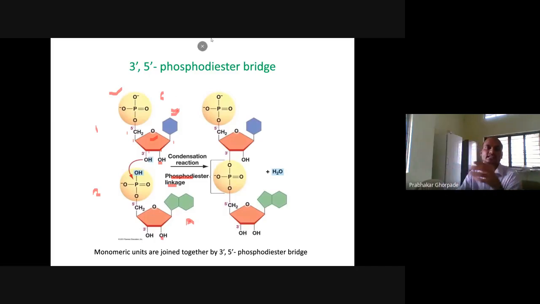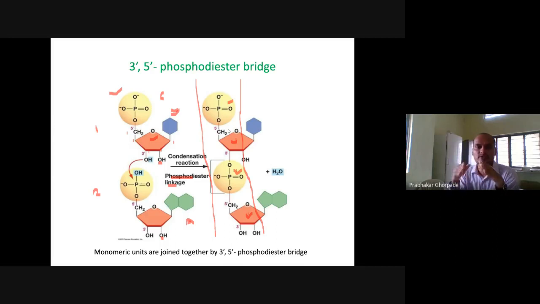So whenever we say DNA, we say that DNA is made up of a backbone. The DNA backbone consists of sugar and phosphate. So what do we mean by this? We mean that this one is our sugar, this one is our phosphate, this one is a sugar. So if you see the structure like this, this one is a backbone. This backbone is made up of phosphate, sugar, phosphate, sugar. So this one is the backbone of DNA.